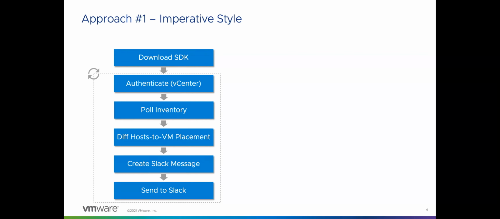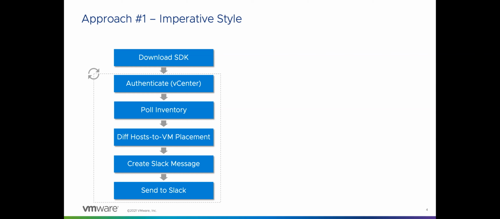And then you continuously check the difference between the hosts to VM placements. And if there is a diff that is not correct, then you want to reconcile, or in this case, you want to send a message, then someone later picks this up and does something for you. And obviously you need to run this in a loop, and you have to make sure that's available and that your script keeps running so that you don't miss some critical events and you have high availability, et cetera, et cetera. The alternative to this is the reactive style.